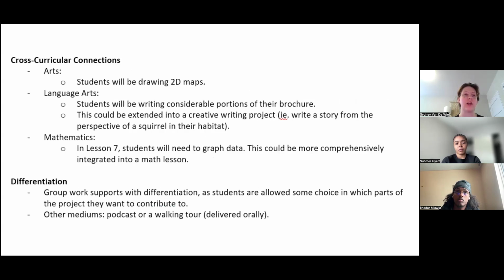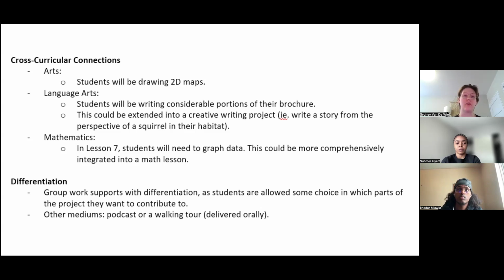Lots of cross-curricular connections, so it's related to the arts because students are drawing their maps. Language arts because they'll be writing their brochure, but this could also be extended into a creative writing project with a prompt like write a story from the perspective of a squirrel in their habitat or any organism in their habitat. And then mathematics in lesson 7. That lesson includes graphing data, and I have written out the lesson plan for that. Hopefully, we'll get to it, but